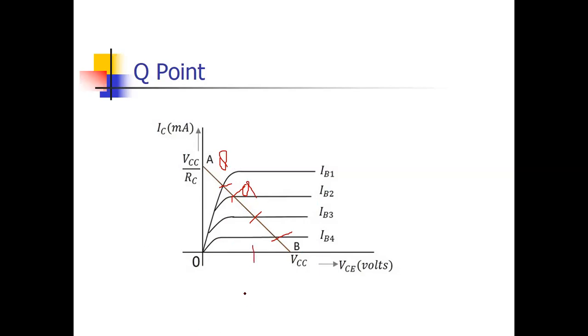There are three different regions of operation of a transistor. This is your cutoff region, this is your active region, and this is your saturation region. If you remember, if the Q point is near the cutoff region, then the negative part of the waveform will be clipped. If the Q point is near the saturation region, then the positive part of the waveform will be clipped. So remember this clearly. The Q point should be in the active region and it should be in the center of the load line. If you want to know it in detail, please go through my previous lecture. Okay, so the Q point should be in the center of the load line and it should be in the active region.